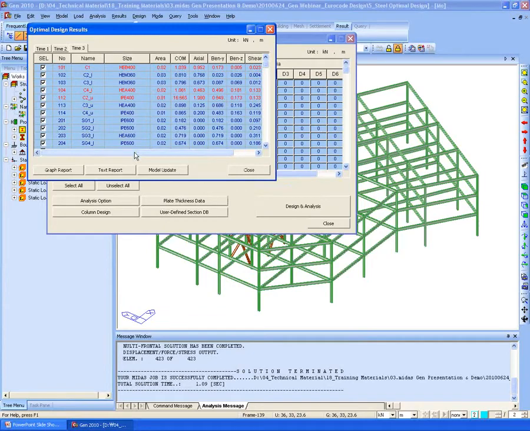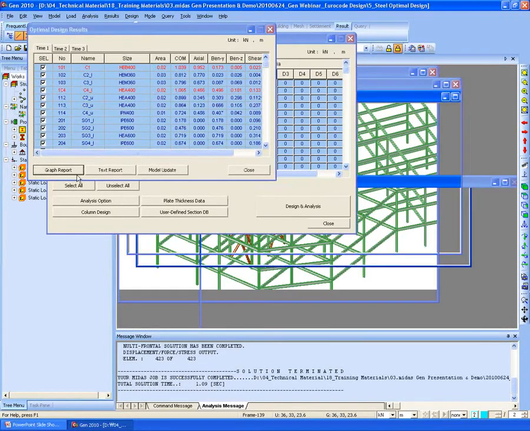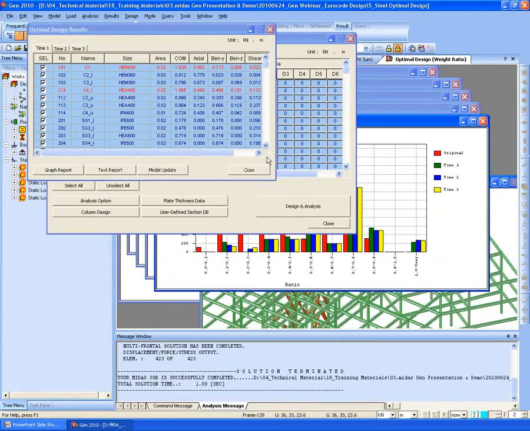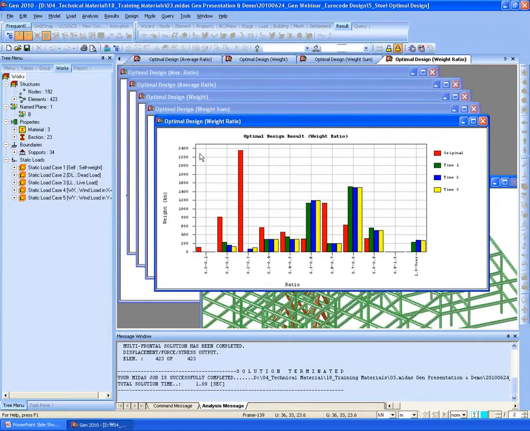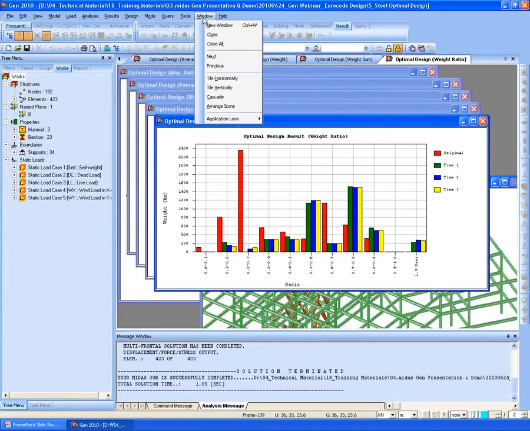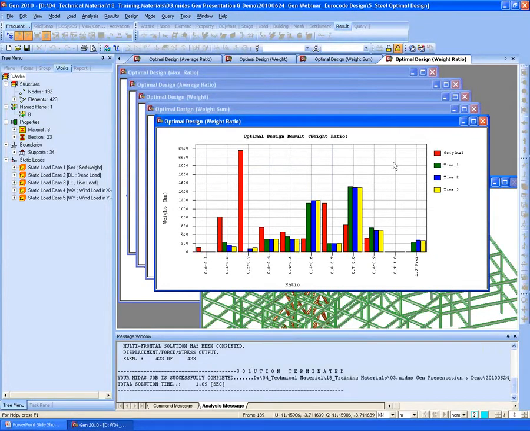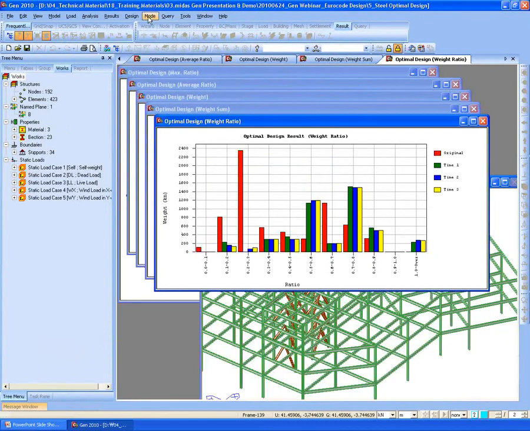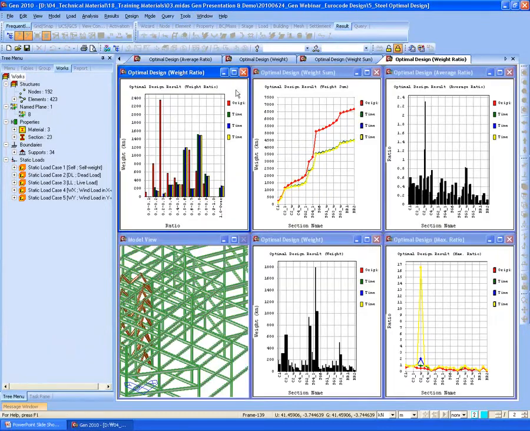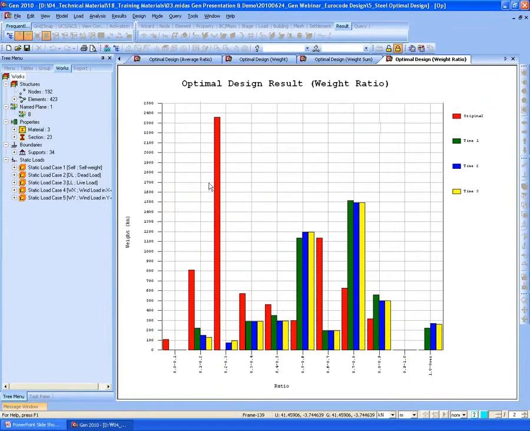Okay, we just completed the design. Then we can check the results in graph format. For the weight, we can see how much weight has been reduced.